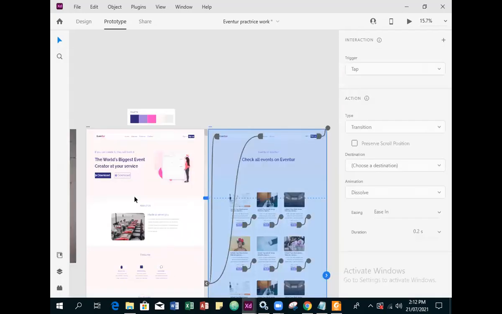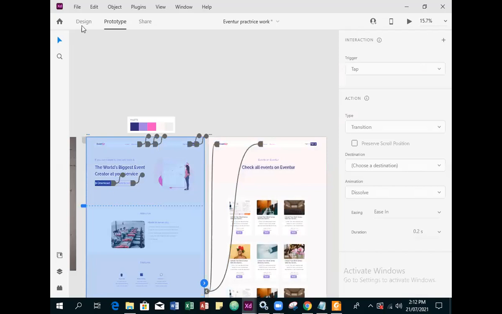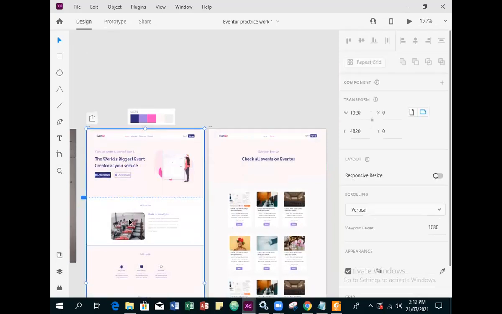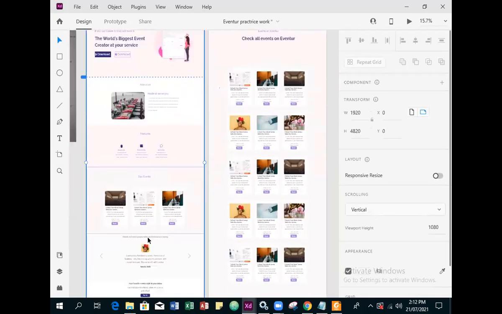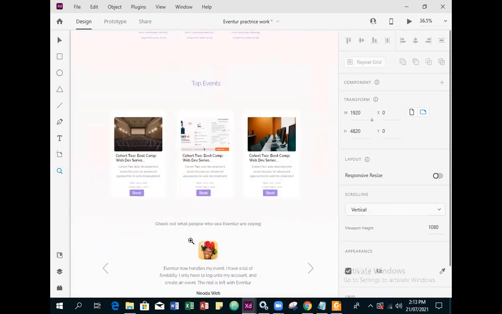So go to the home page. So it means we have to go back to design. Let's go back to design. Go to that one. Go to the home page right here. And then we zoom right here and create a link. Quickly, we can create a link right here and say